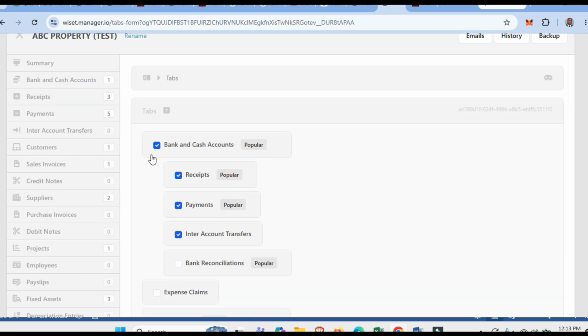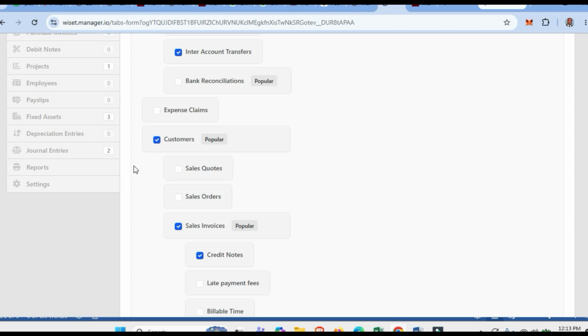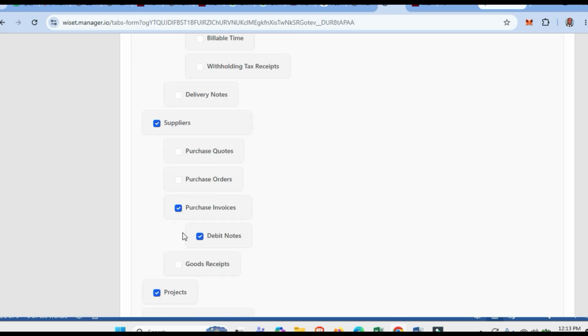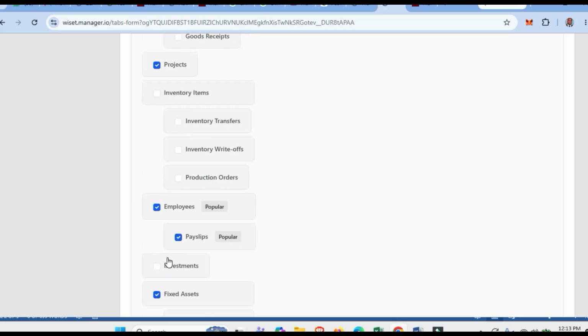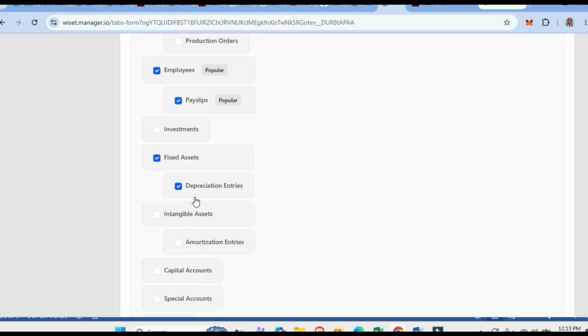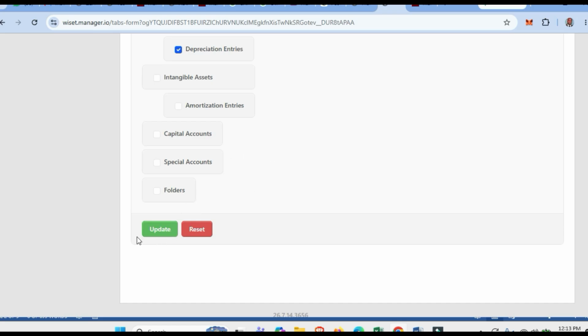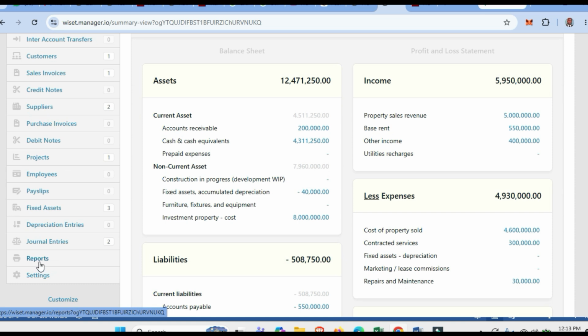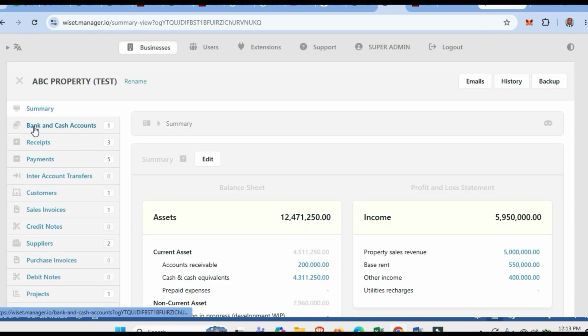Now, we are going to make use of bank and cash account module, receipt payment, inter-account transfer, customer, sales invoice, credit notes, supplier, purchase invoice, debit notes, project, employee payslip, fixed asset, depreciation, and the rest. After that, you click update. All these modules will populate on the left hand side here. So from there, we move on to the